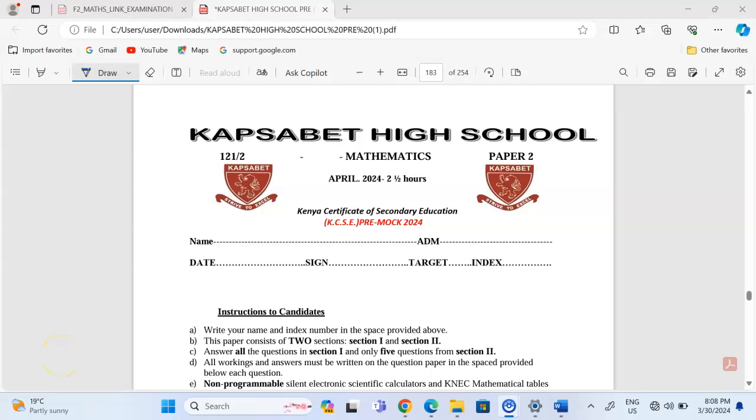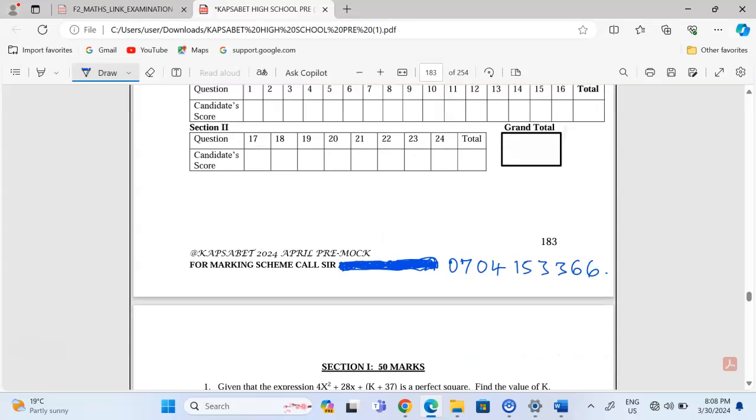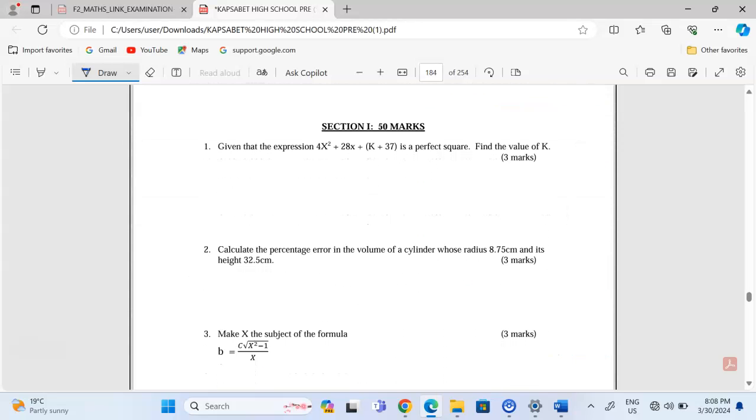We're going to continue with Capsabet High School Pre-Mock Mathematics Paper 2. We've already covered number 1 on quadratic expressions. Let us look at number 2, which is on errors. We are told to calculate the percentage error in the volume of a cylinder whose radius is 8.75 centimeters and